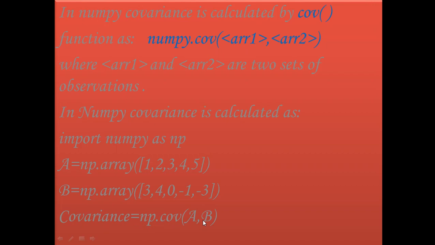In terms of variance, we had written variance equal to np dot var under the bracket the data set, only the array name. And here there are two variables. There, in variance, it was only a single variable. So you need to keep in mind that covariance will work on two array variables, two data sets. So what you need to know about covariance is the name of the function, the syntax, and the whole program, how it will be written. Isn't it?